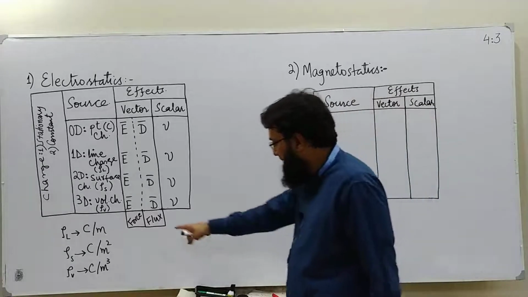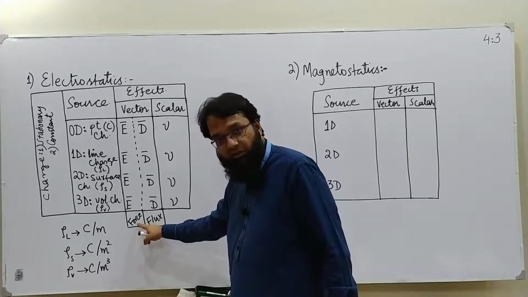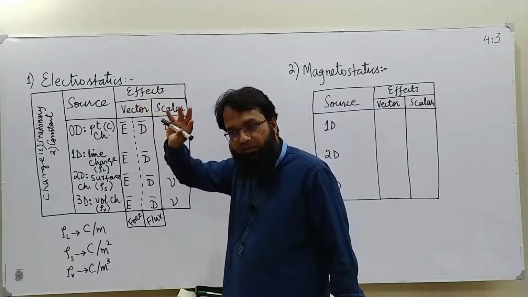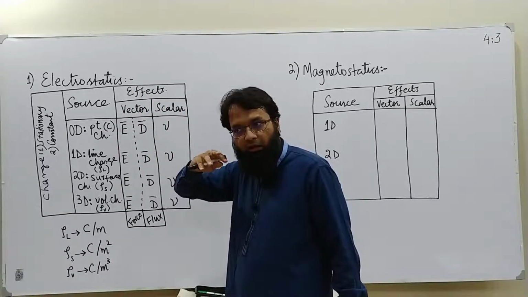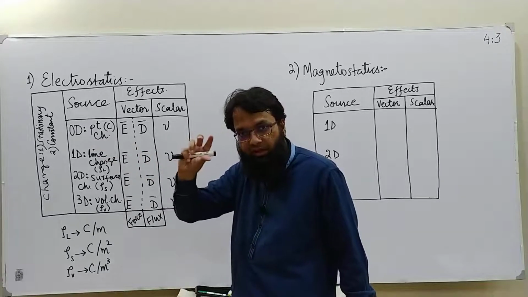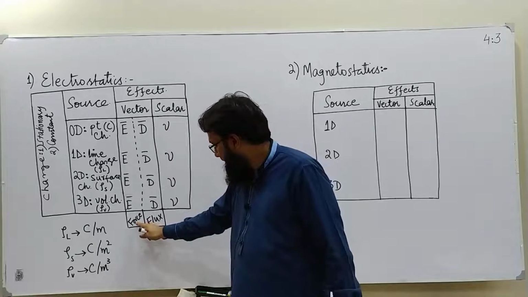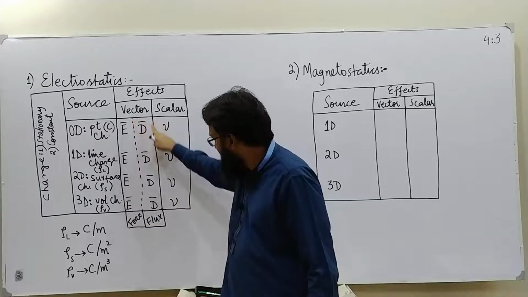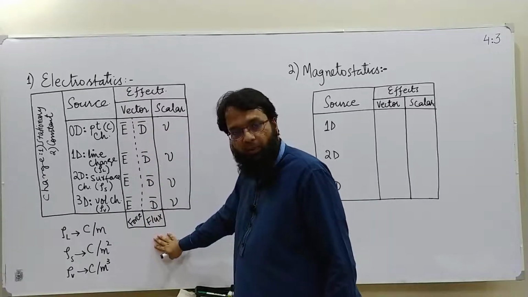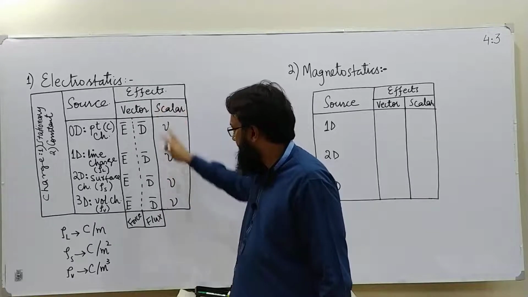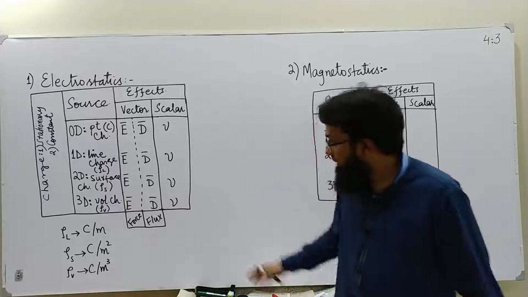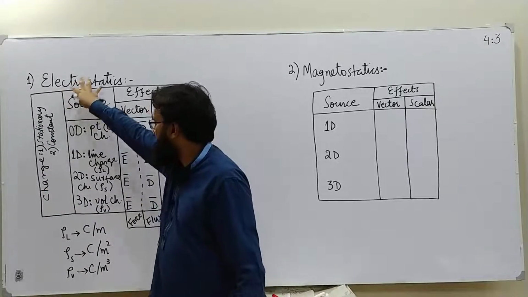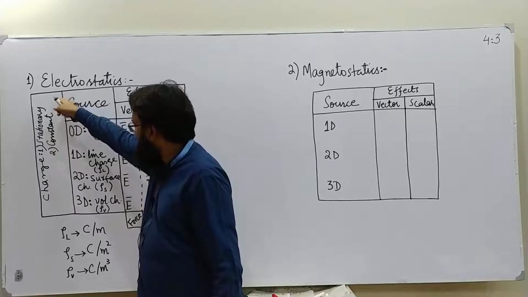And the vector effects, the force field vector effects, which we discussed in week 1, were the effects in which there was no sense of displacement or movement, but there was a sense of force everywhere in that field. So this category belongs to force field type of vector effects, and this category belongs to flux density type of vector effects, and this category belongs to scalar effects of the stationary field of these sources, which forms the electrostatic field. And not only will we discuss that